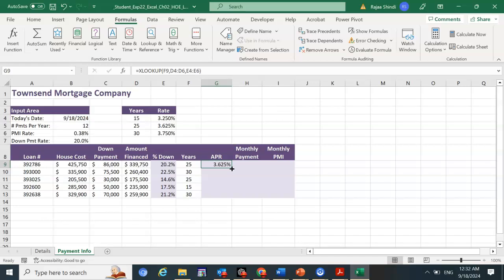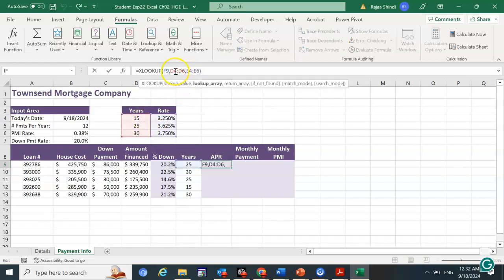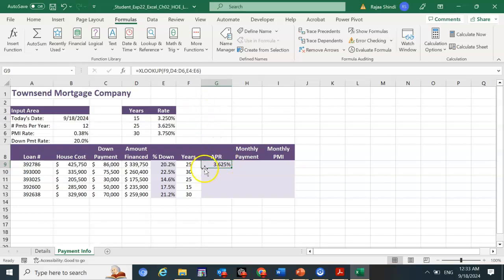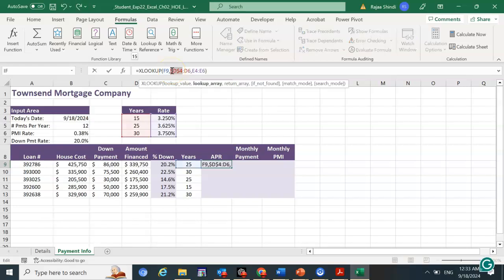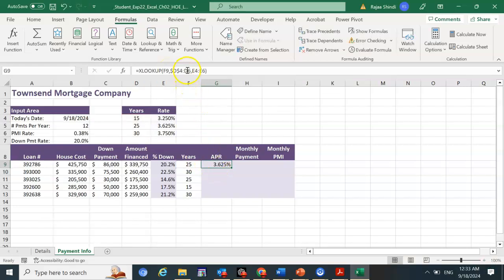Before I copy this, I'm also going to lock these two ranges because I want them always to be the same. So I'll go ahead and add the dollar sign. I'm pressing F4 for that. If I press F4 on a PC, it automatically switches the type of reference. But you can always type it. Sorry, so I need to change all